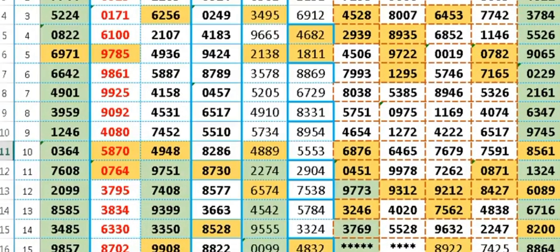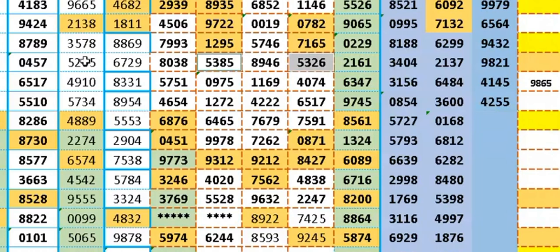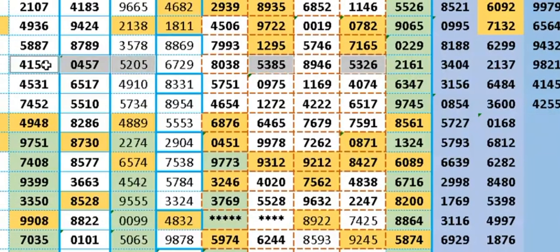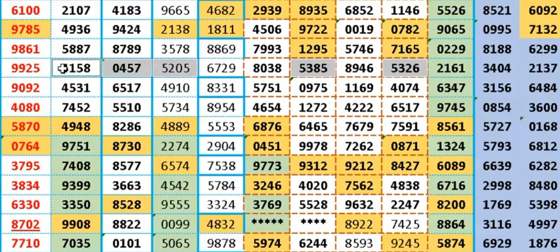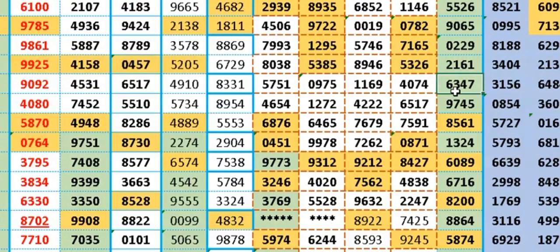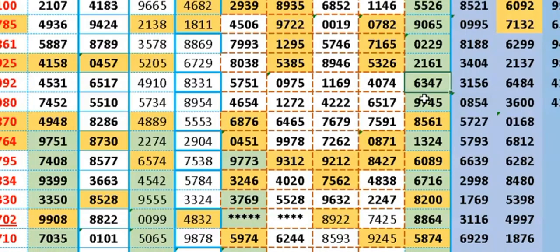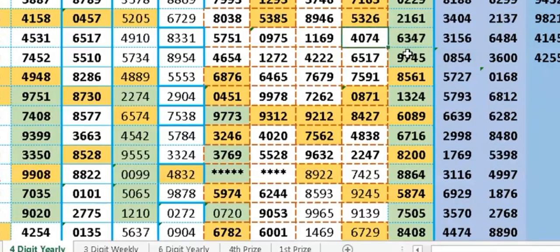What we'll do is first pick up the sequence. You can see the 7th of the previous month giving way to the sequence of today, which is 4255. You can see the ones that I'm marking here are the different sequences that came today. So I'm going to mark them with orange color. You have six different boards which gave way to the sequence today: 9925, 4158, 0457, 5205, 5326. So you can see